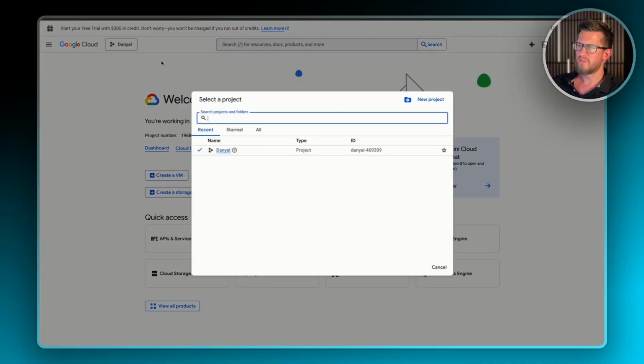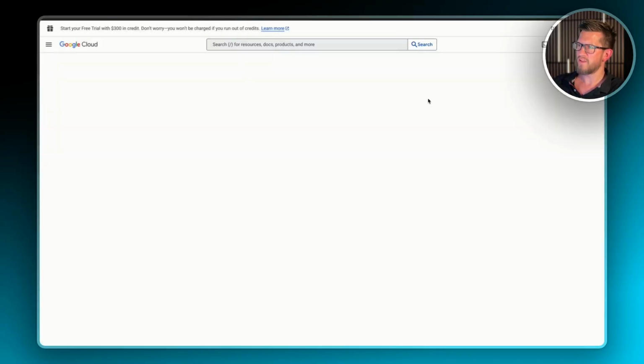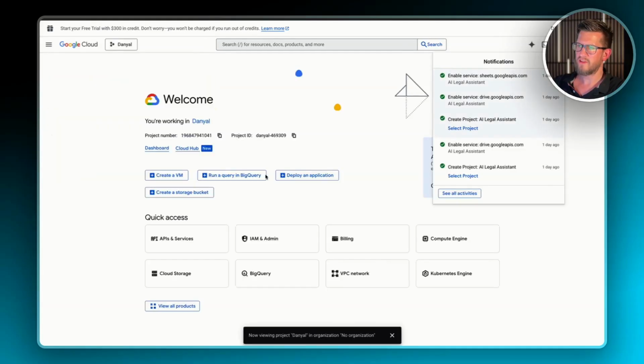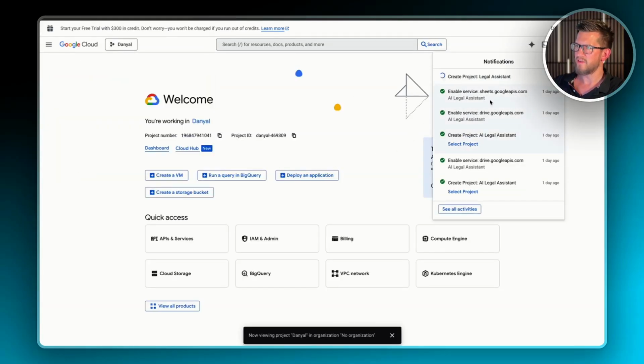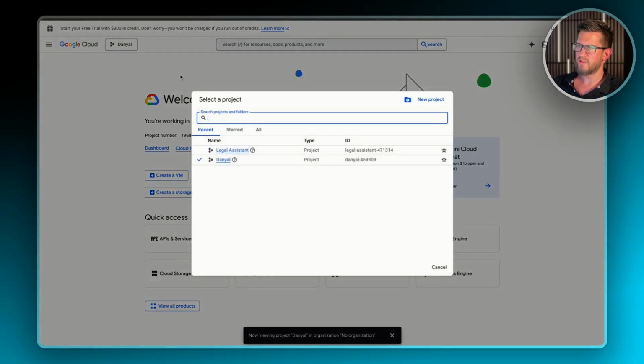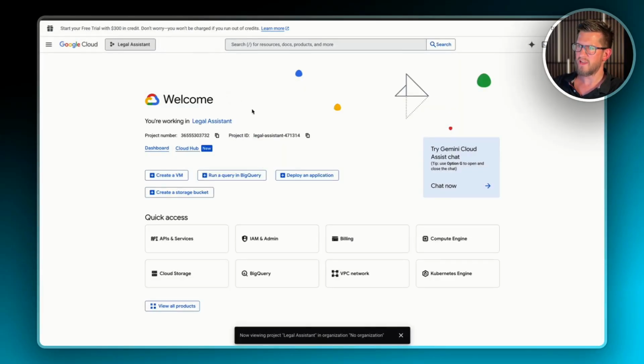And then you need to set up a new project. So you set up a new project, and we're going to name the project something like Legal Assistant, okay? We leave the organization just as it is, and that's it. It's being created, takes a moment. There it is. So I can now click on here again, click on the Legal Assistant, and now I'm in